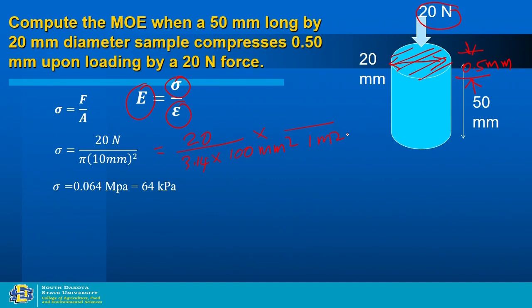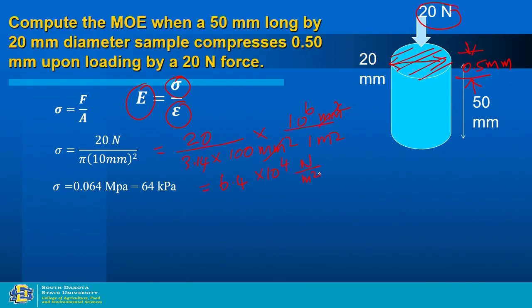One meter square is 10 power 6 millimeter square, right? So, millimeter square cancels. This 20 divided by 3.14 gives you 6.4 times 10 power 4